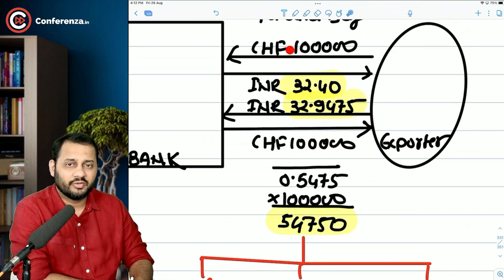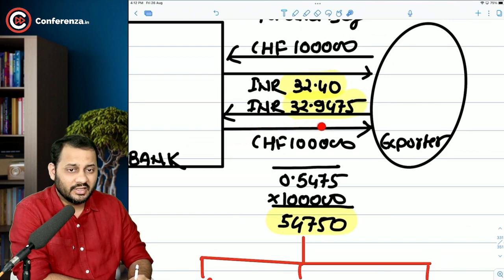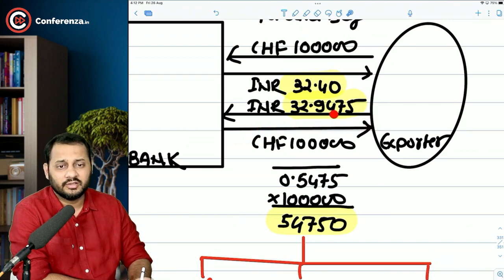Practically, we are not going to receive 1 lakh CHF, and we are not going to pay 1 lakh CHF. Both of them get cancelled with each other on the same day. On the same day, we were about to receive it and about to sell it, so both of them get cancelled with each other. And while we are selling 1 lakh CHF to the exporter, the rate comes to